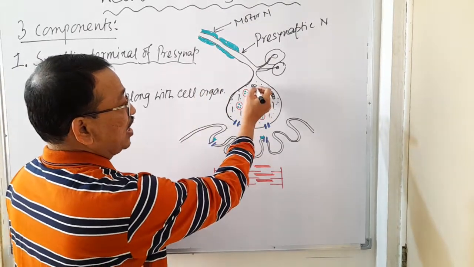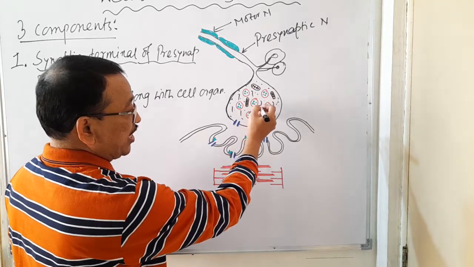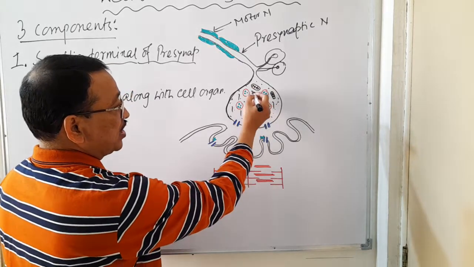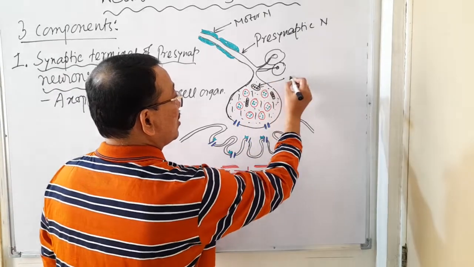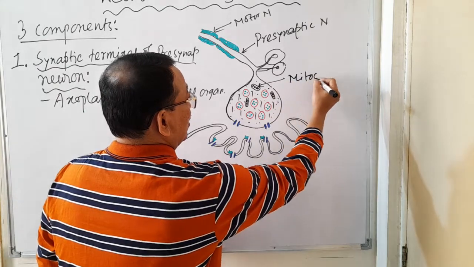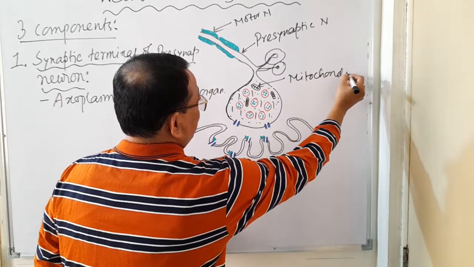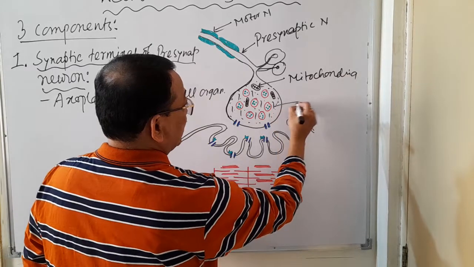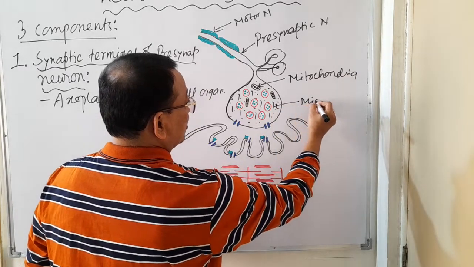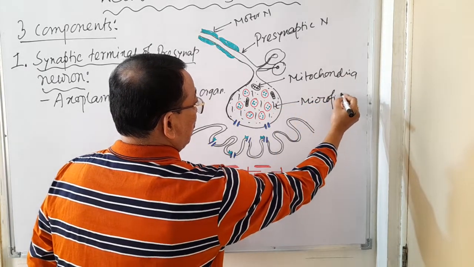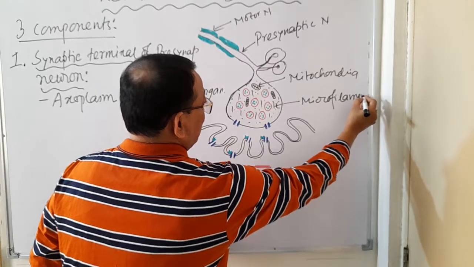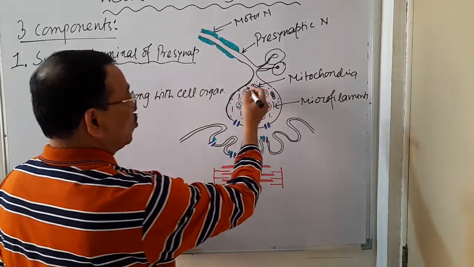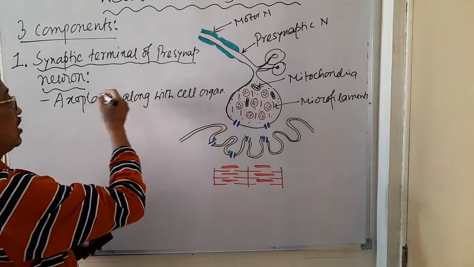Here you see the mitochondria and the cytoskeleton, that are microfilaments. This is the mitochondria, and these are the microfilaments. These are present within the axoplasm,